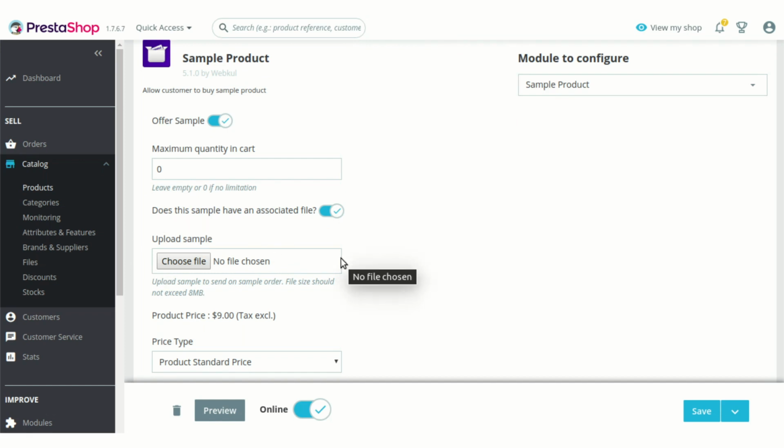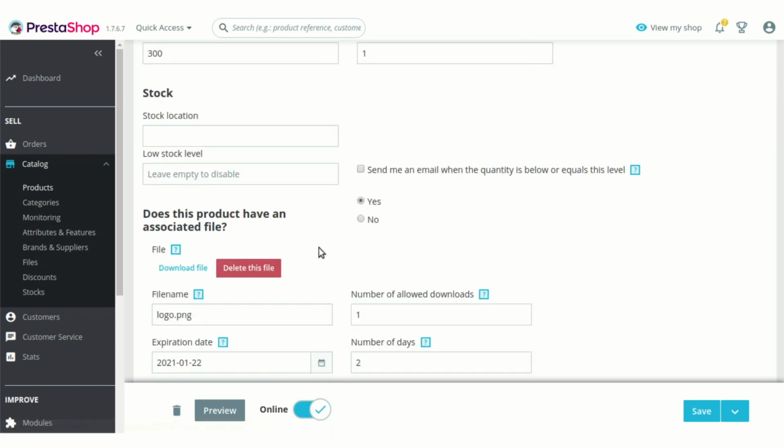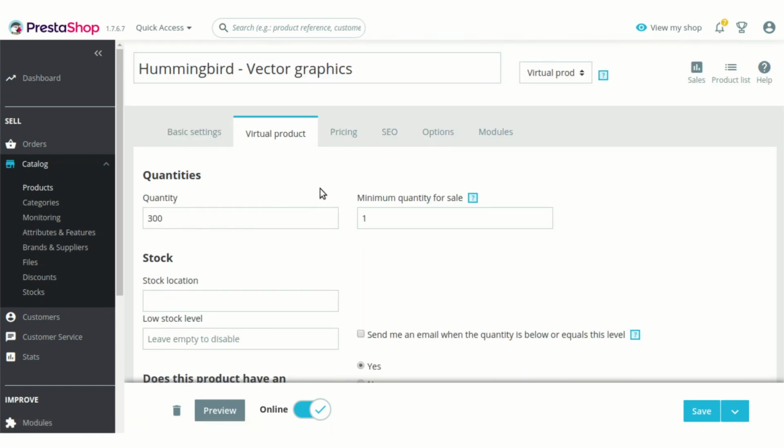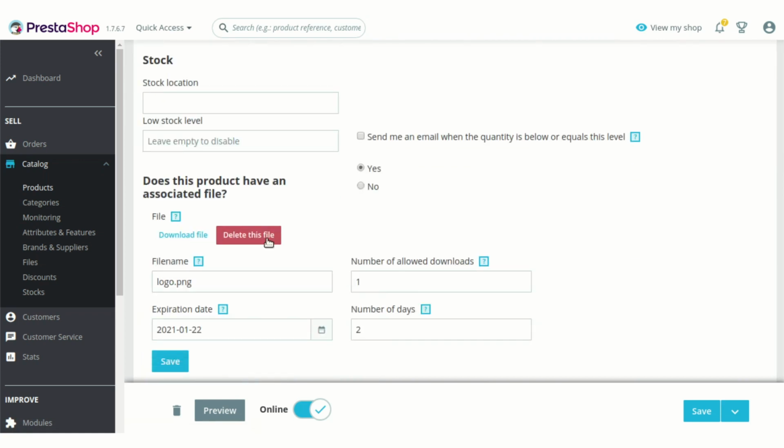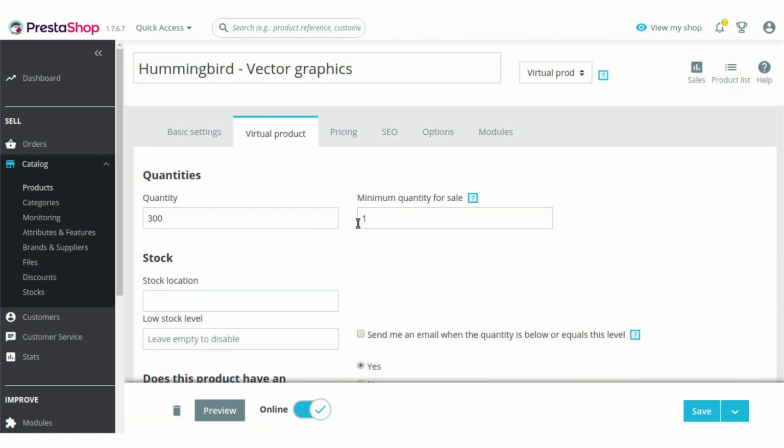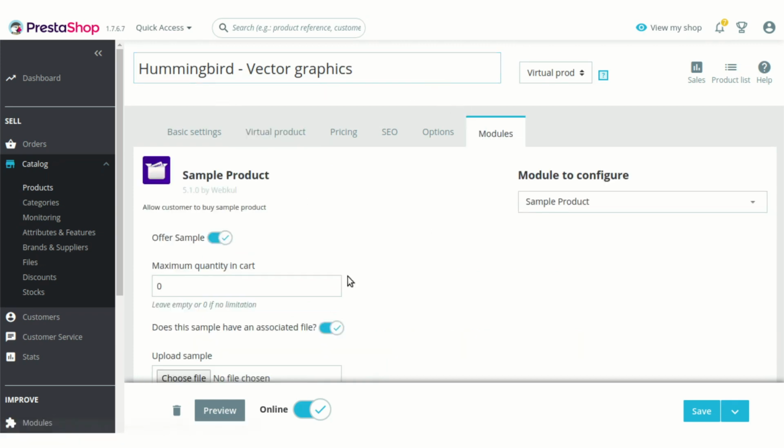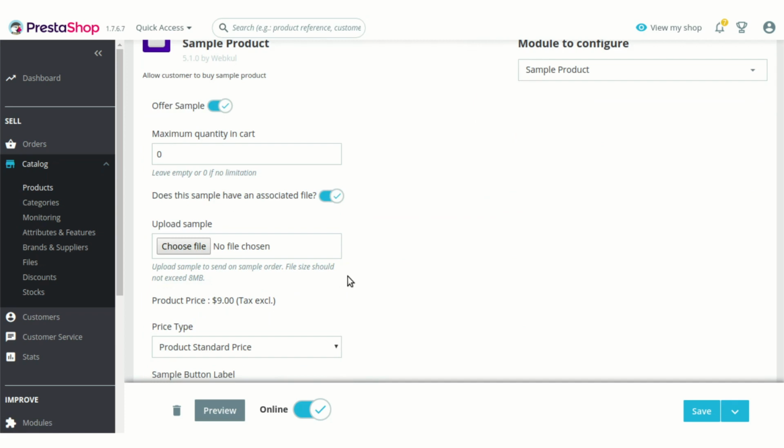He would not be able to download the main file that is being uploaded by the admin here. He will only be able to download this file when he proceeds to buy the product, not a sample of this product. But in case a customer buys a sample, then he will be getting the file that is being uploaded by admin here.